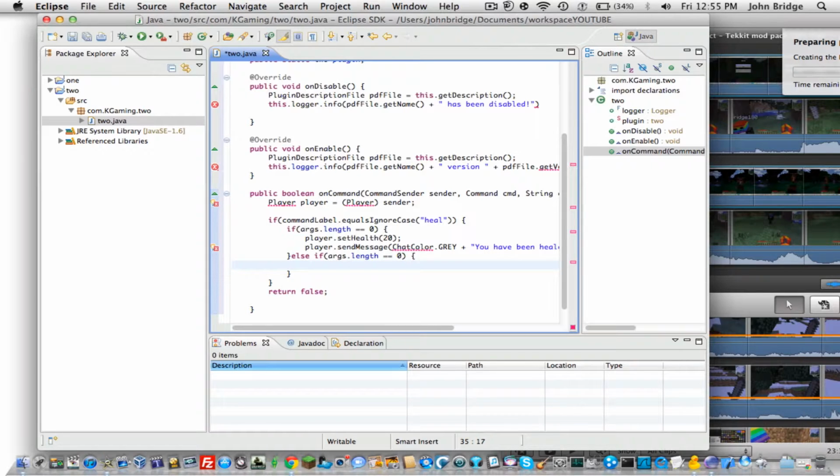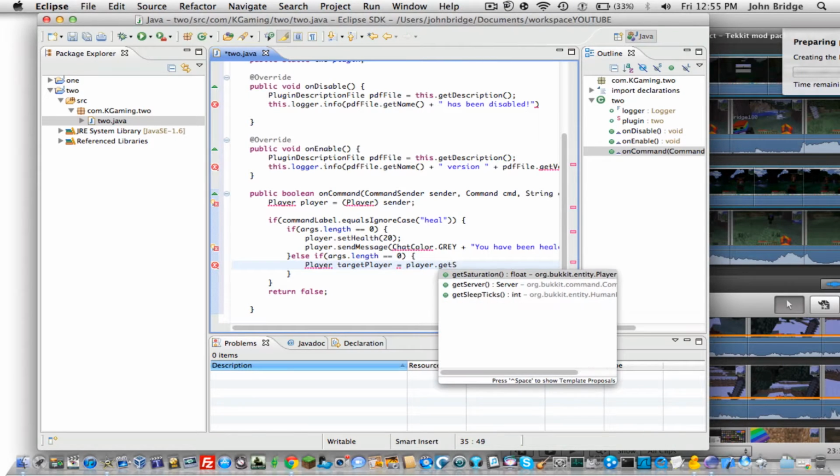Then you're gonna type player target player, and then you're gonna type equals player dot get server, and then parentheses there, and then you're gonna type in dot get players,